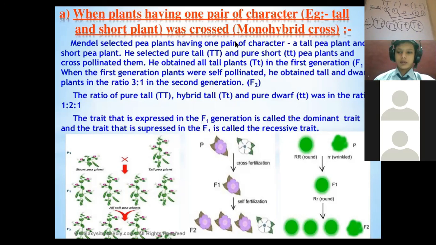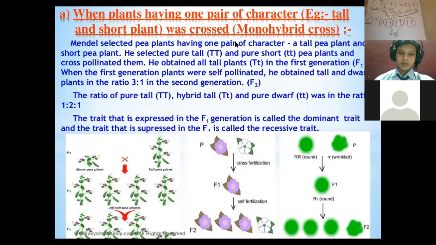Now to study the F2 generation, what he allowed was self-pollination, right? When the first generation plants were self-pollinated, what he obtained was the ratio. As I've told you, gametes will again be in the, there will be four gametes, once they